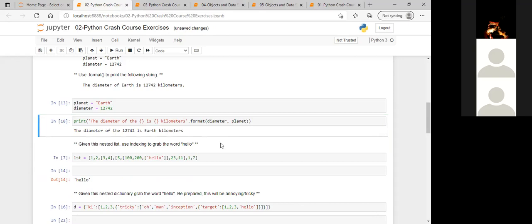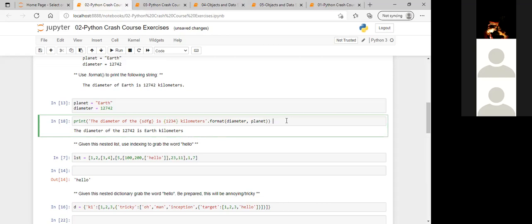So basically, both of these spaces, the fill in the blanks which we have given in the string, are addressing this formatting index wise. First fill in the blank is diameter, second fill in the blank should be planet. If there are like 5 fill in the blanks, we should keep in mind the sequence. Otherwise, if there are 100 fill in the blanks in my string, I cannot remember the sequence. I can provide an ID. So inside the curly brackets, you write 1, 2, or A, B, C, D, whatever you want. So this should be meaningful.